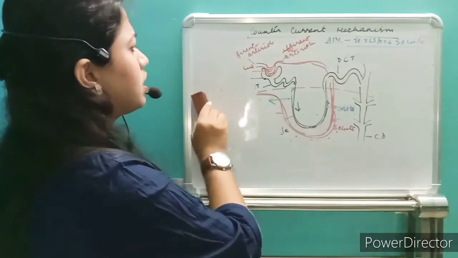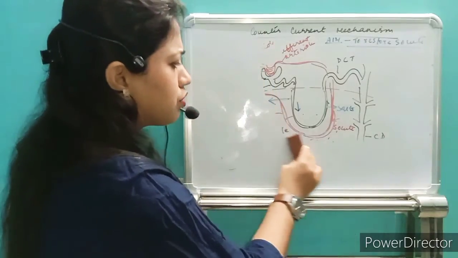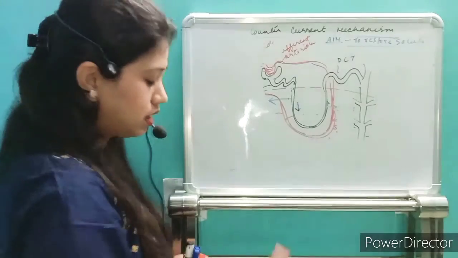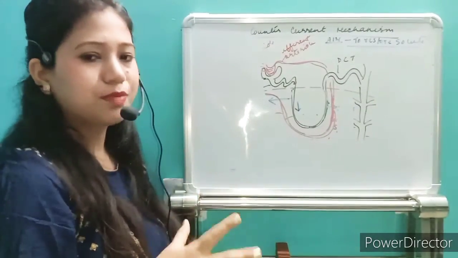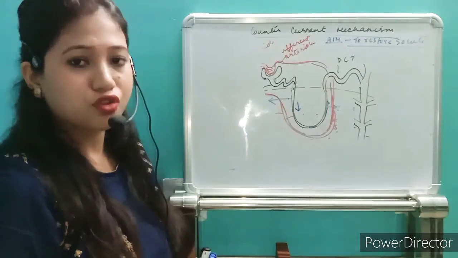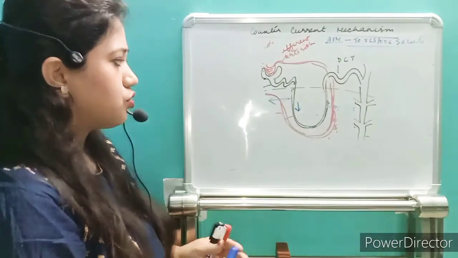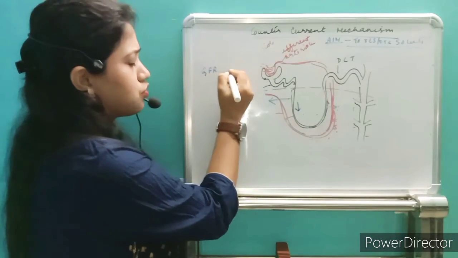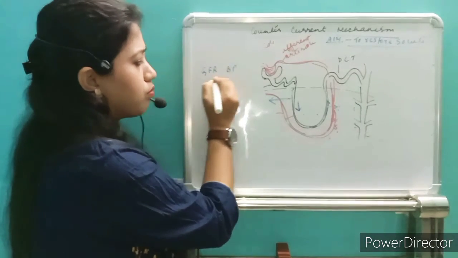That means if we are taking the amount of solute or the solvent, balance is maintained. Then what are the types of mechanism, or how is this urine produced, or how are we maintaining osmolarity? Let's just see. So first of all, if the GFR is normal, blood pressure is normal, so